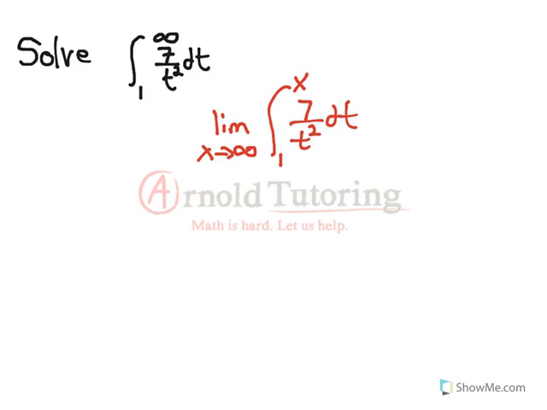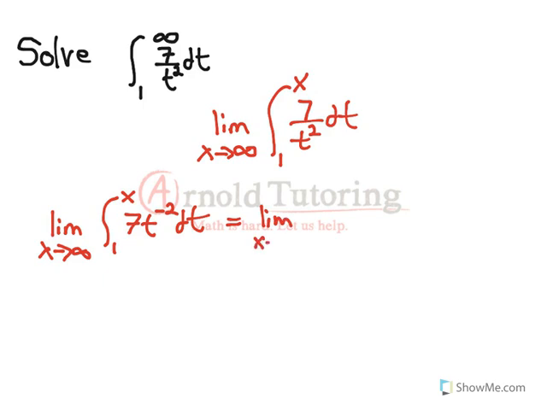How do we solve this integral? We'll keep this limit outside until the end. And this is the integral from 1 to x of 7t to the negative 2 dt. It's probably easier to see it that way. Now we can just use our general polynomial formula of going up one power and dividing by that new power. So it's the limit as x goes to infinity